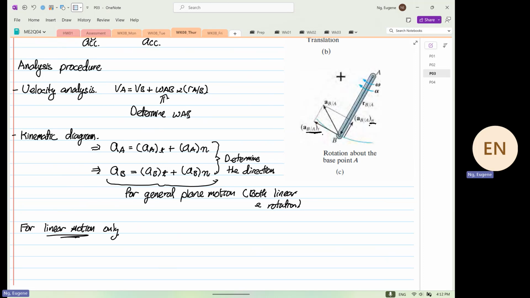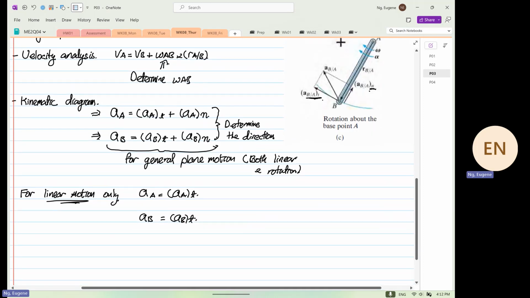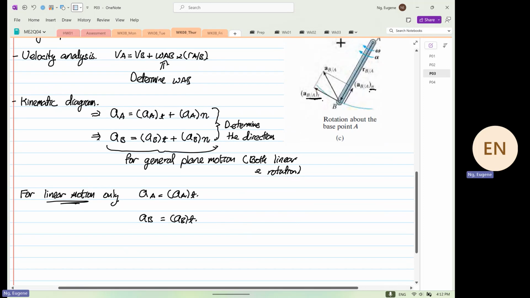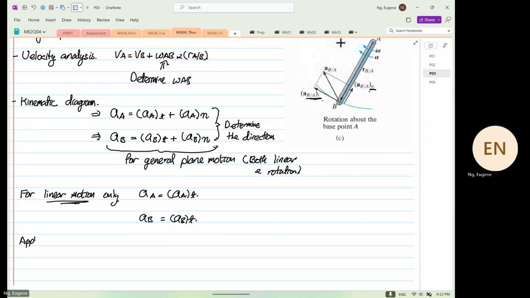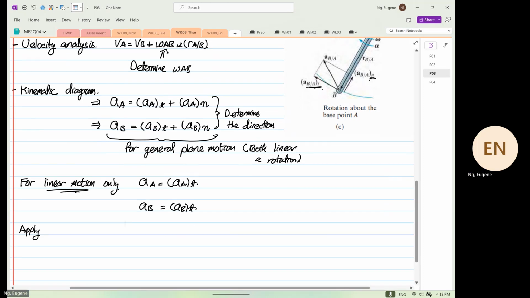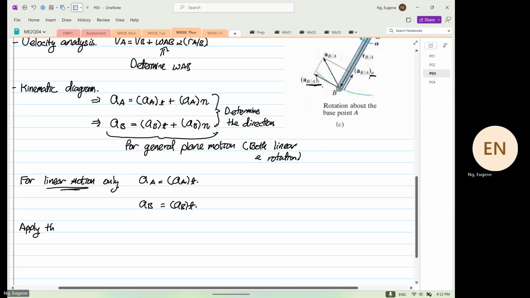So let's say if both have linear motion only, so AA is equal to AA tangential, AB is equal to AB tangential for linear motion only. And finally, as what you were saying, we're going to apply the acceleration equation,